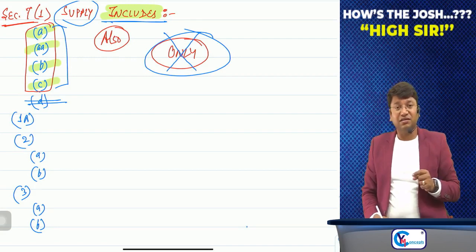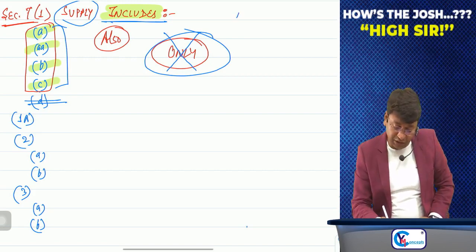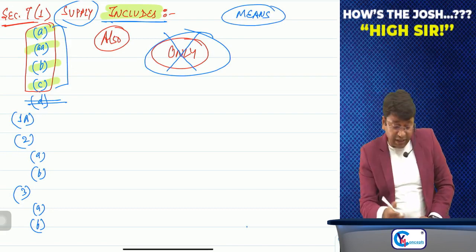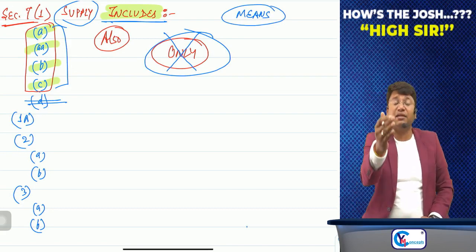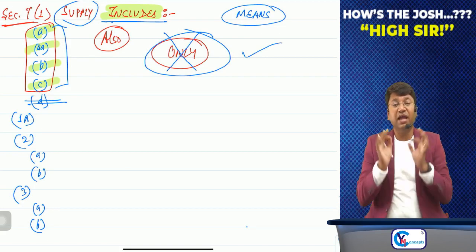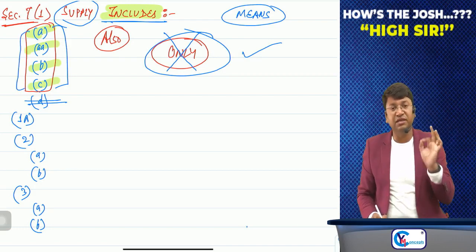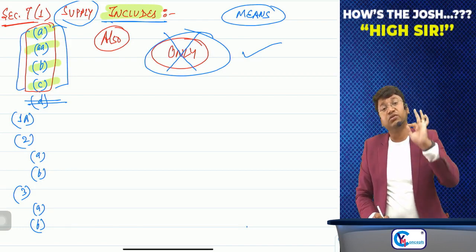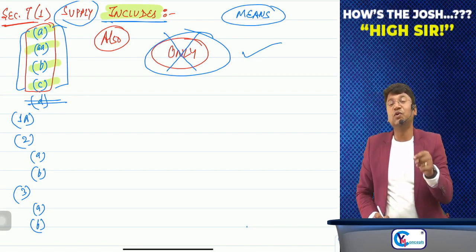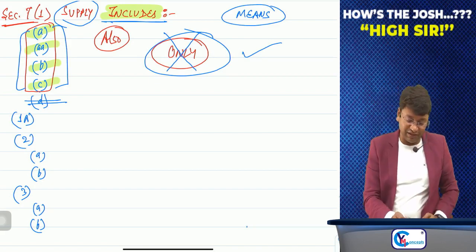Sir, that's why they use the word includes, and instead of this word, if they would have used means, supply means A, AA, B, C, then only an exhaustive definition would have been there, and if anything is outside A, double A, B and C, then it is not included at all in the term supply and no GST would have been levied on that. But to keep the government themselves on a safer side, they have used the word includes.